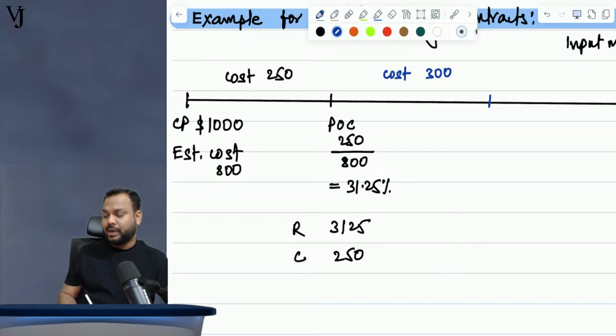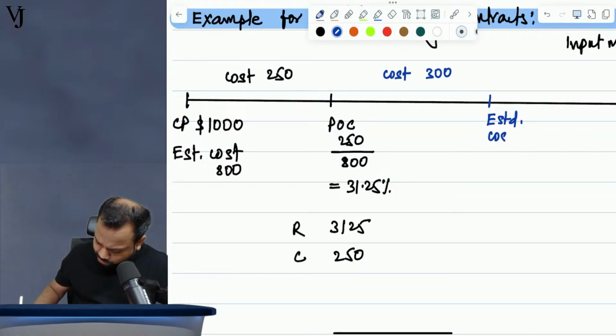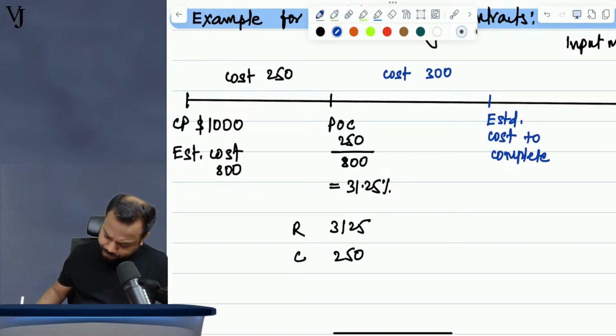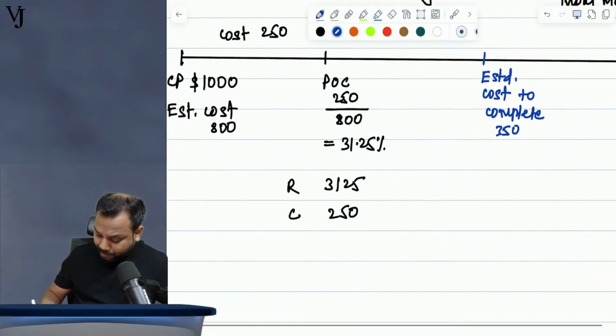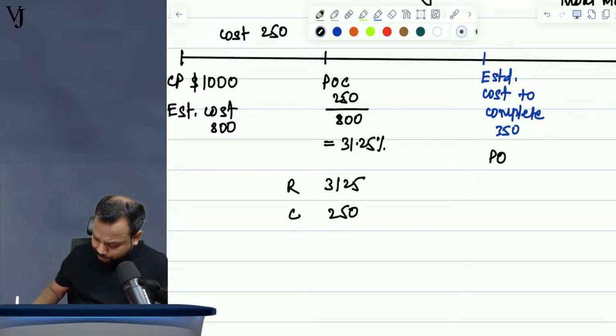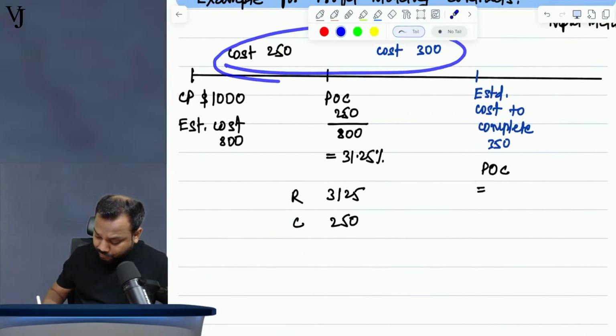Cost incurred is 300, and we expect that total in the future estimated costs to complete the project will be 350. 250 plus 300 plus 350. Okay. Now tell me, what is the percentage of completion? So tell me, what is the cost that we have incurred so far? 550